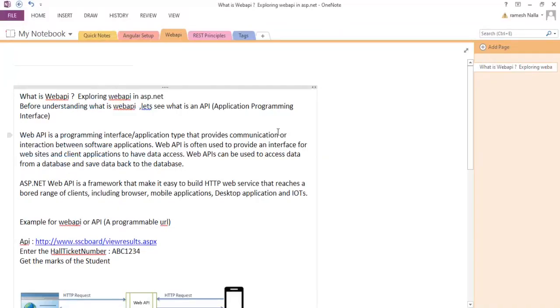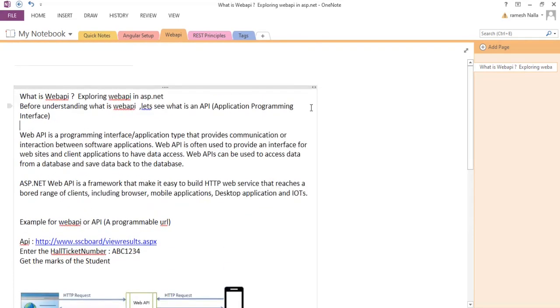To discuss web API technology. Basically, we are going to discuss how to create services using ASP.NET Web API. Let's start. What is a web API, and we are going to discuss how to create this web API and what exactly it contains. What are the API principles? Basically, we call them REST principles. What is REST API? Everything we are going to discuss in this video.